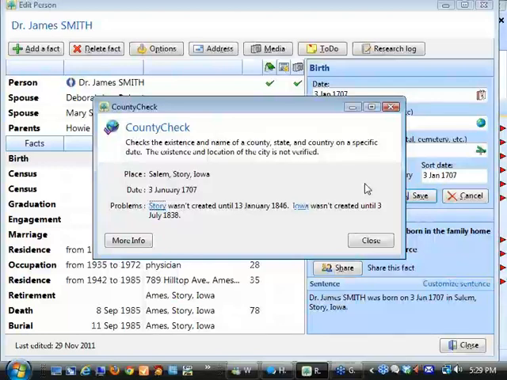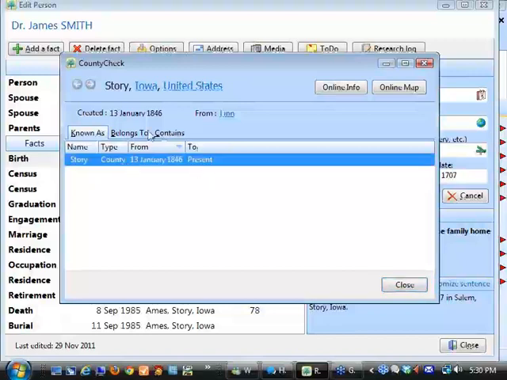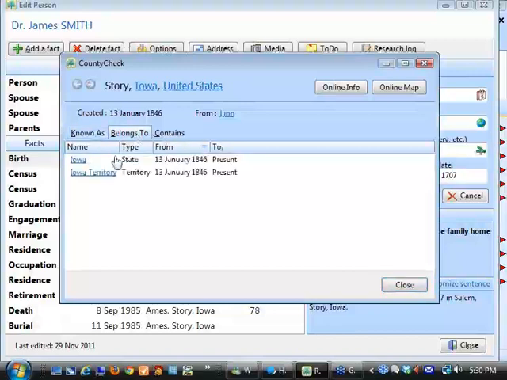Okay. Now, I can either just say close and leave it at that, or I can say, give me some more information. Now, if I click on give me some more information, it's going to show me Story County, the date it was formed, and the date it was dissolved, if it was dissolved. In this case, it wasn't. So I've got this place. I can go see which places this county belonged to, Iowa and Iowa Territory,